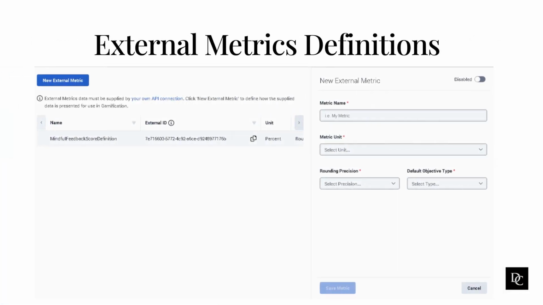Moving on to external metrics definitions. Performance management and gamification is focused on defining performance goals and expectations, and then measuring against these goals to see how individuals and teams are performing. This feature allows you to import external metrics and make them an integral part of an employee's performance scorecard. As a result, supervisors receive a single and complete view of agent performance on all key measures that your organization